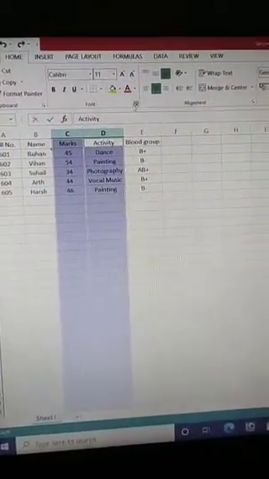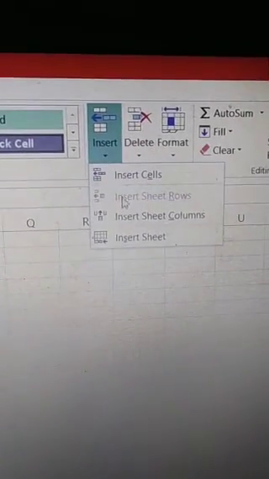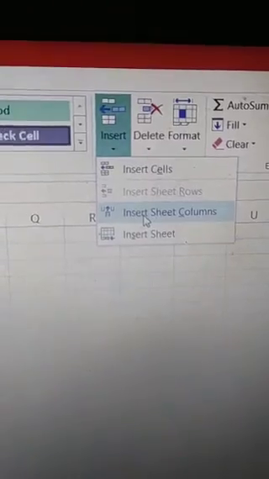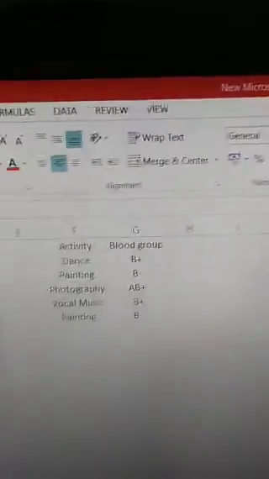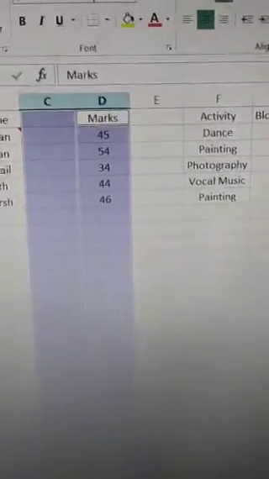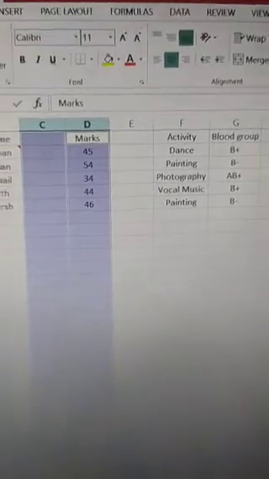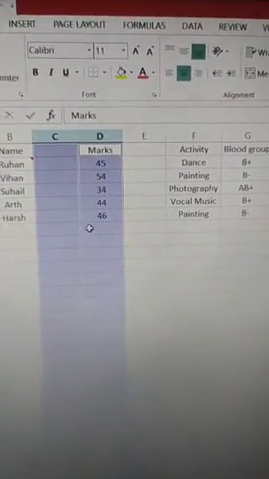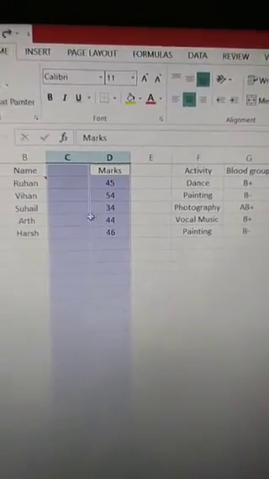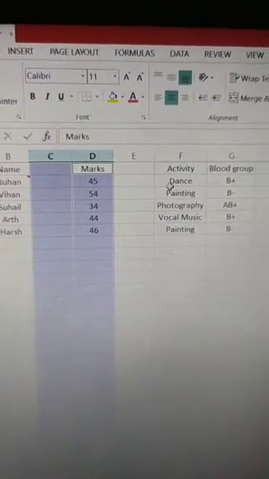Now from the Home tab in the Cells group, the Insert option is already present here. I click on this drop down menu and you can see the option Insert Sheet Columns. When I press on it, you will see that two columns have been inserted, because I have selected two, just before the C column and just before the F column.